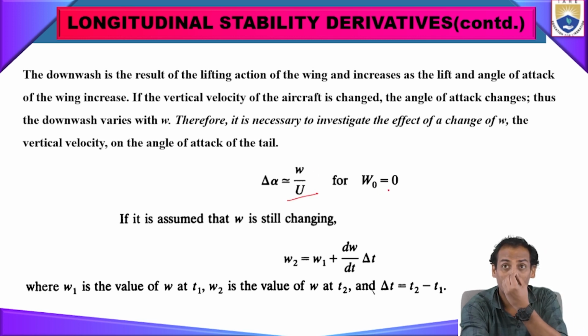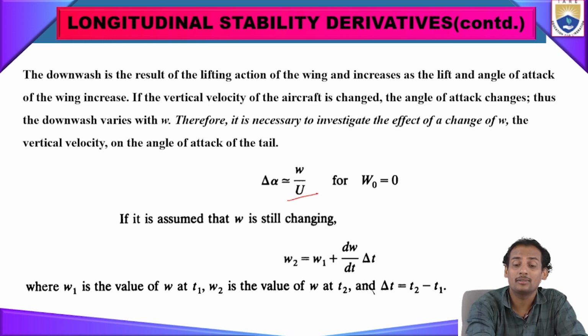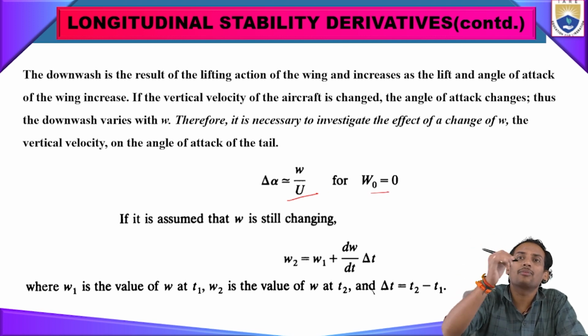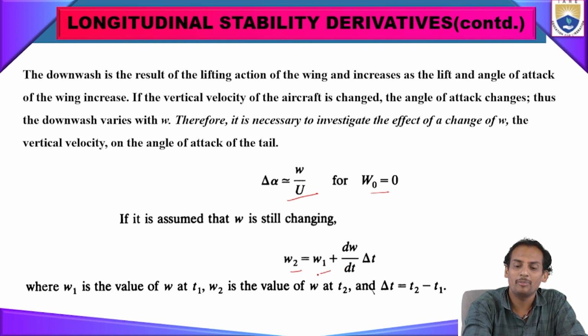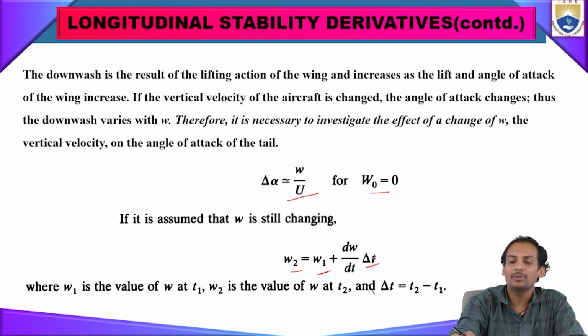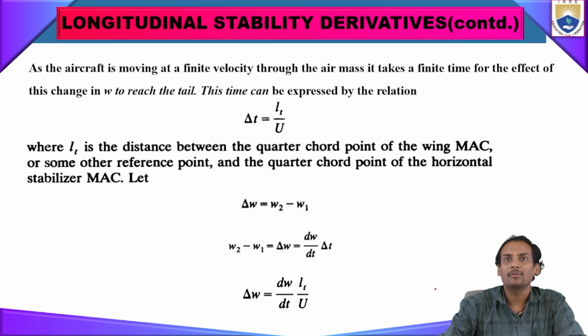For w naught, that is at zero angle of attack, the initial velocity of w will be zero. Then if w is still changing from one time to another, as I said previously, if w changes from time t1 to t2, then the rate of change of w1 with respect to t will be w1 plus dw by dt times delta t. The delta t is what we have already given, that is t2 minus t1. Then the equation